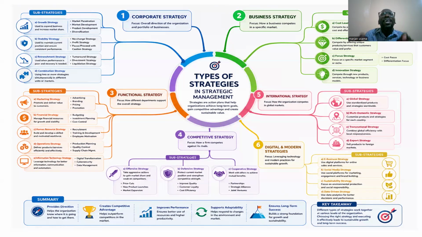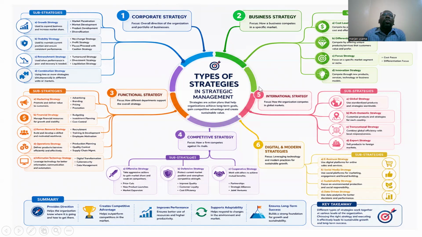Sometimes some businesses have their branches in other countries. For example, the Dahabshil Bank. The Dahabshil Bank is a multinational bank. It has branches in Kenya, Tanzania, Uganda. The Dahabshil, you can find it all over the world. So there is an international strategy for that, because Dahabshil is multinational. So Dahabshil is not like a bank that is only in Somalia. Their strategy will be very different. You know, then we have